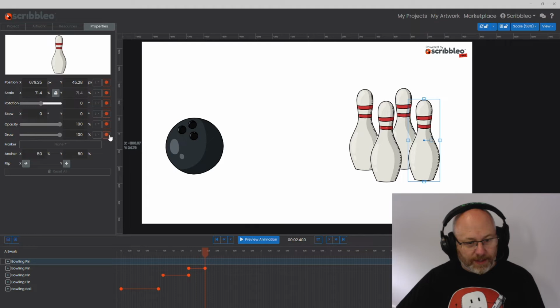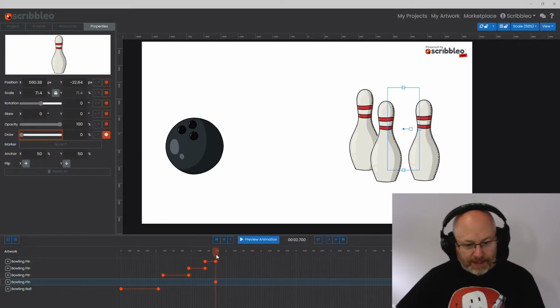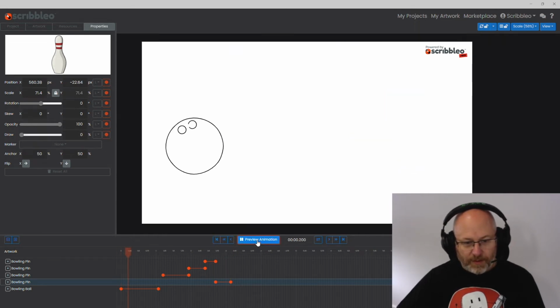Then I want to draw that one in next. So put that to 0. Animate that in, and then the one at the back will be last. So I'll start that there, and then there. So now, as you can see, there's keyframes added for all of those pins. So if I just do a quick preview,